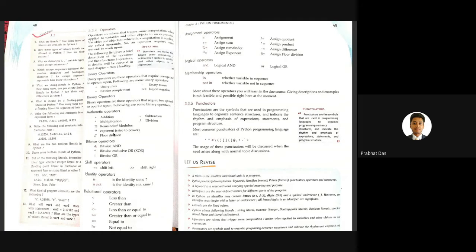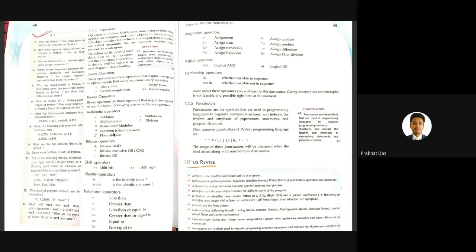By the name itself we can understand what the shift operator does: it basically shifts the binary digits from the left hand side or from the right hand side. Let us try to understand what exactly it does. The first classification of the shift operator is shift left. Shift left basically adds a number of bits, that is zeros, at the end of the particular binary digit.